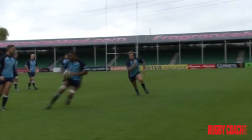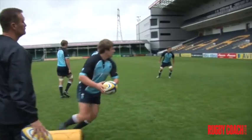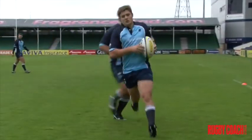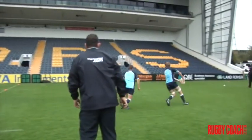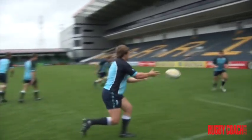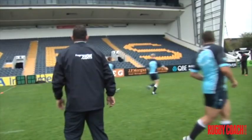When they come back against the grain, it's important that the initial ball carrier attacks the second defender, so that then there's always a little bit more space between the second and the third, and then the fourth defender, and so on as the attack develops. And it's important to try to shrink the outside defence, if you like. And that guy is important that he hits that second man, and then his outside option is outside the third defender, and then we can hopefully then shrink the defensive line and produce quick ball for the backs to play. But that's the important thing there, is attacking outside that second defender again, and using footwork, and also keeping